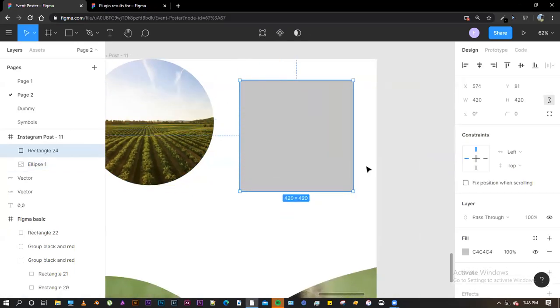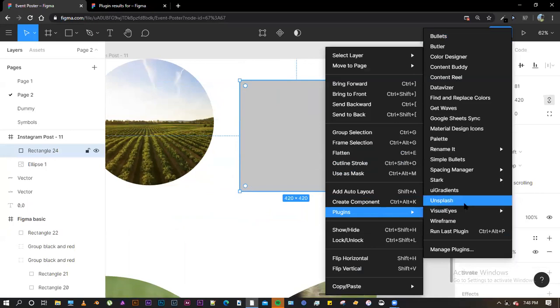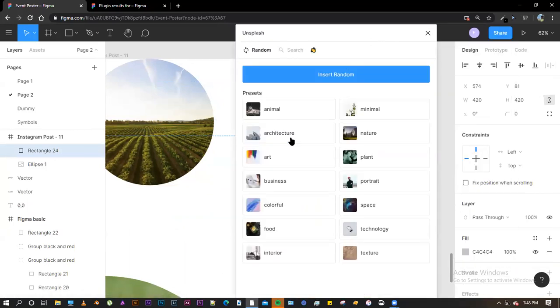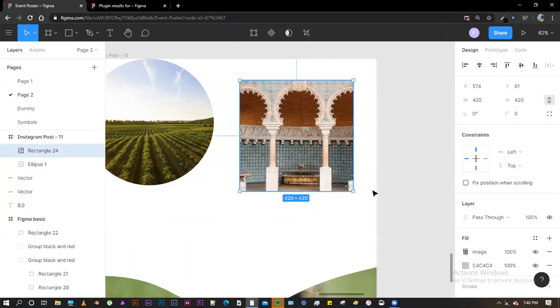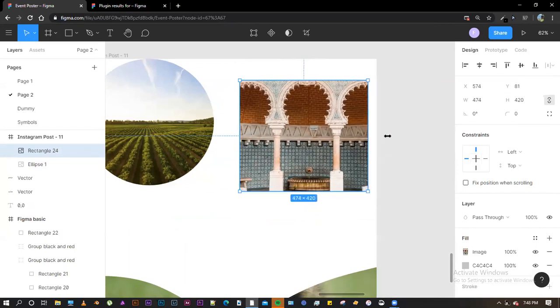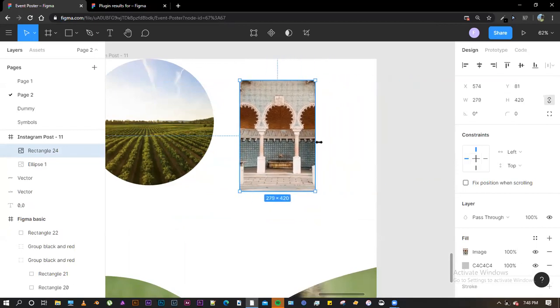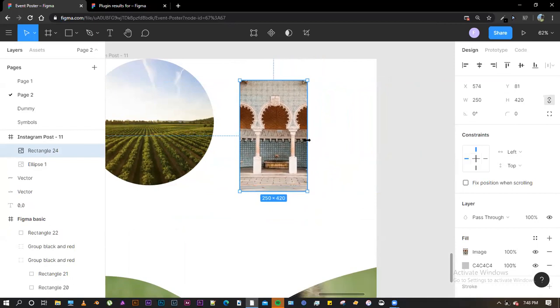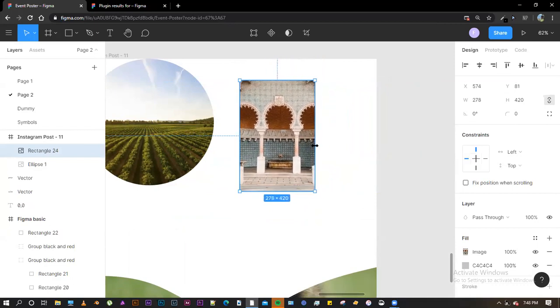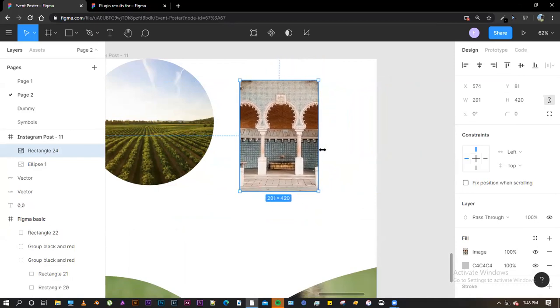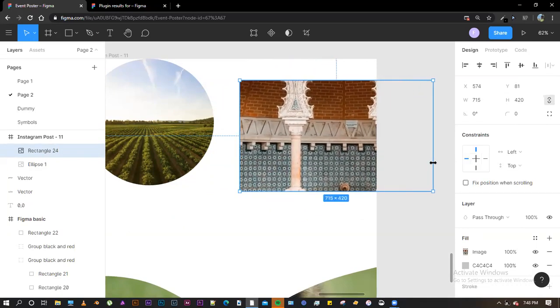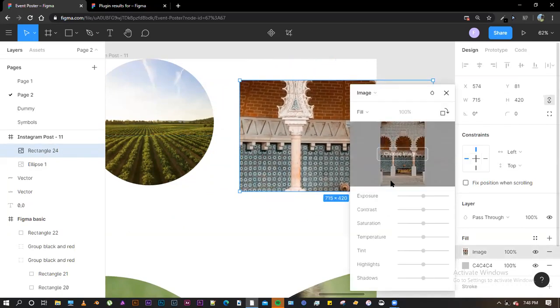If I create a square, right click, go to plugins and Unsplash, and click on architecture, it will pick a random image from architecture. So this is how big the image would be. If I keep the aspect ratio of the image to the shape, then it would fit perfectly. And if I increase it, then it would zoom in to the image directly.